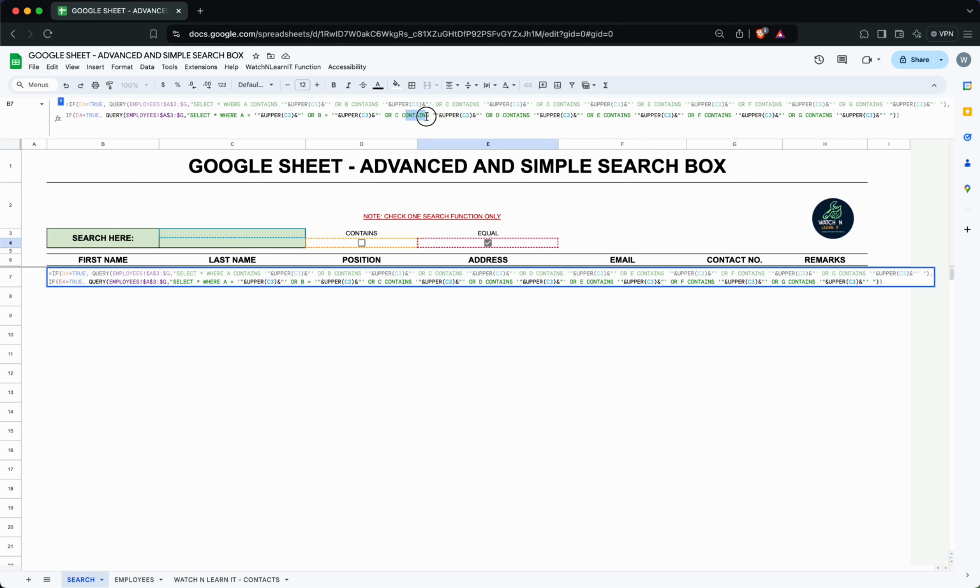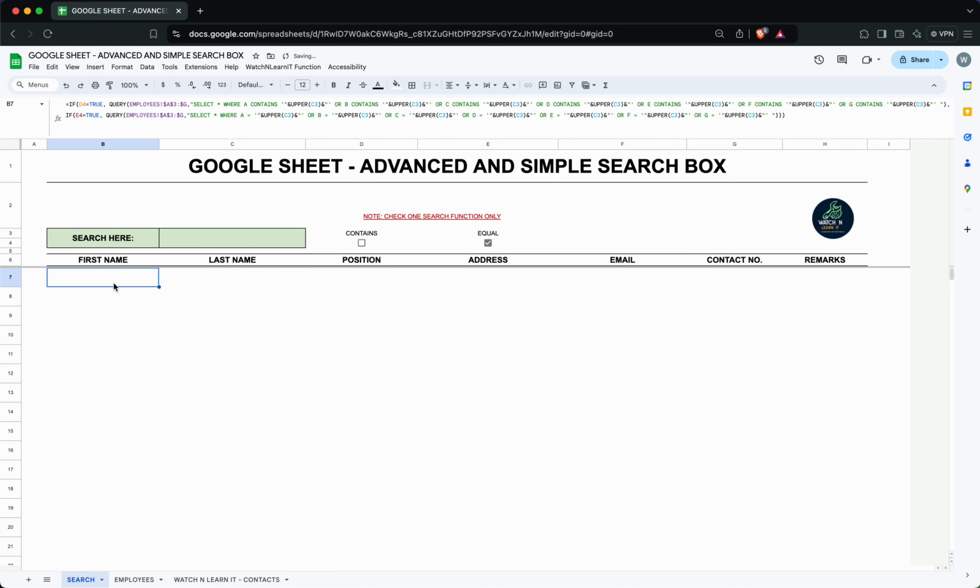Equal, equal, equal, equal, equal, equal. And that's it. Since we are using equal,